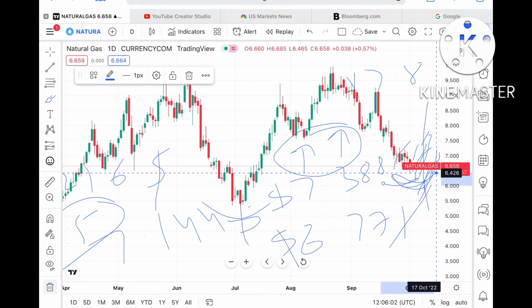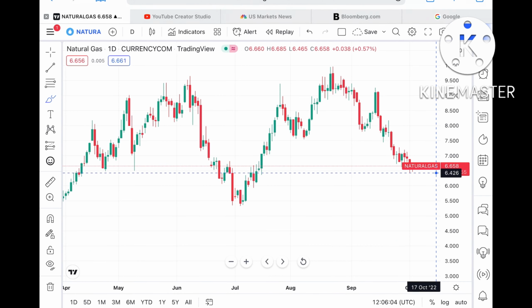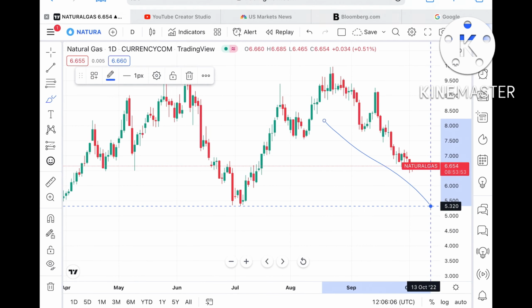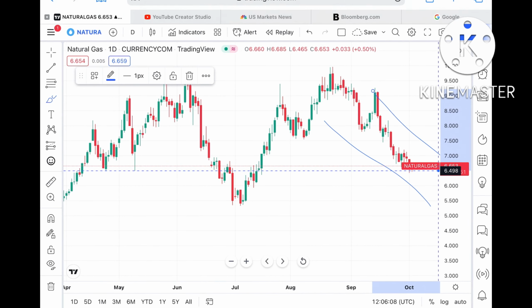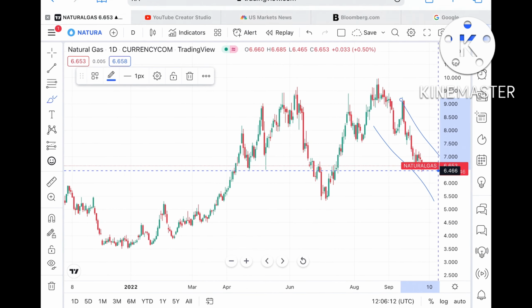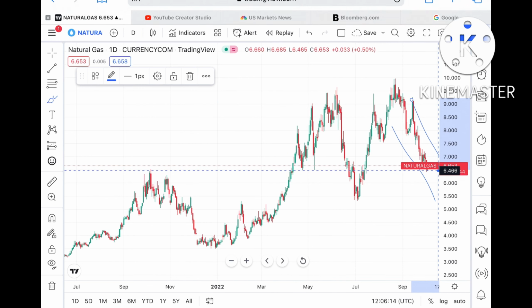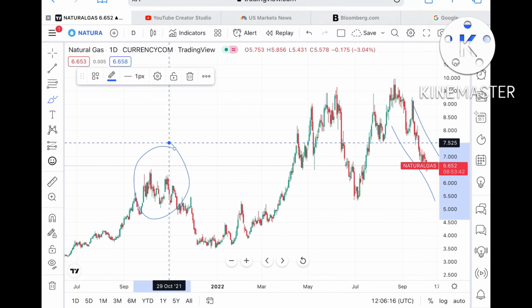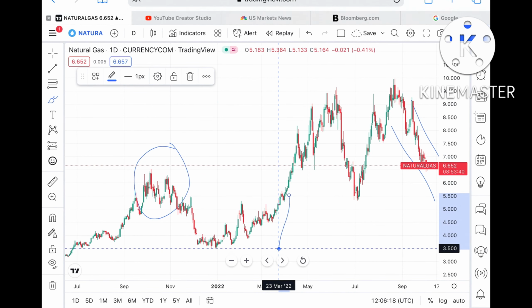Okay, now suppose the price doesn't sustain this particular level, which is a high probability. We have seen it can move further low. And if you look at this previous chart also, what I have explained, whenever it goes high, we have seen a downfall, and this downfall is quite good.